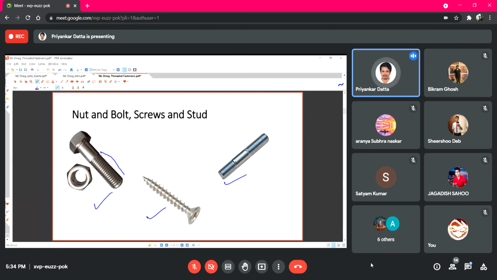But for screws the whole body is threaded, and for a stud there is no head part. In the middle there is one shank or body part, and both the sides are threaded so that it can attach two plates, and on both the sides we have to fix with nuts. So on this side we attach one nut, and also on this side we attach one nut. That way these studs work.